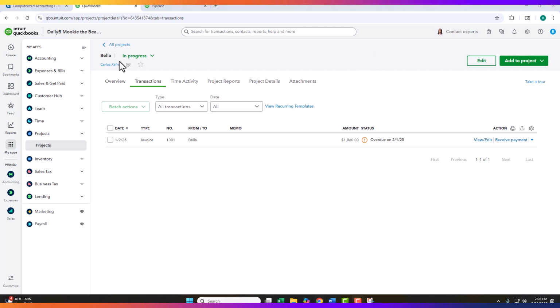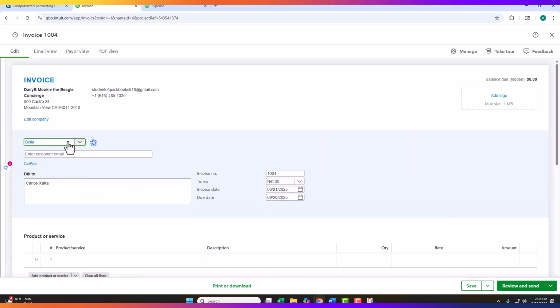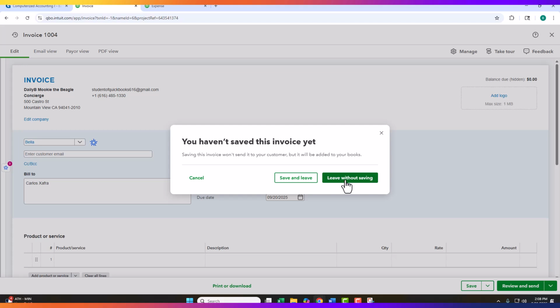Another cool feature too is that once I pulled up this particular pet, Bella, I can record transactions directly related to Bella by clicking on this add to project. For example, I could do another invoice right here, and it's already going to pre-fill with Carlos Zafra being the customer and Bella being the project. So it might save you a little bit of time and make the workflow a little easier to create the invoices from that project screen. But I'm not creating an invoice right now, so I'm going to close that out